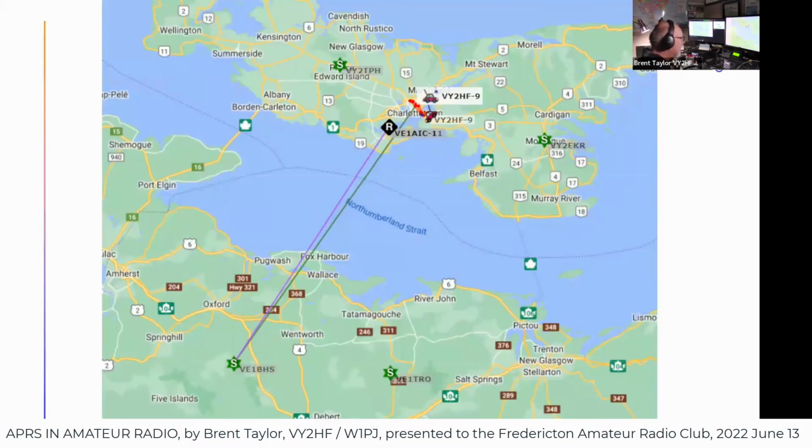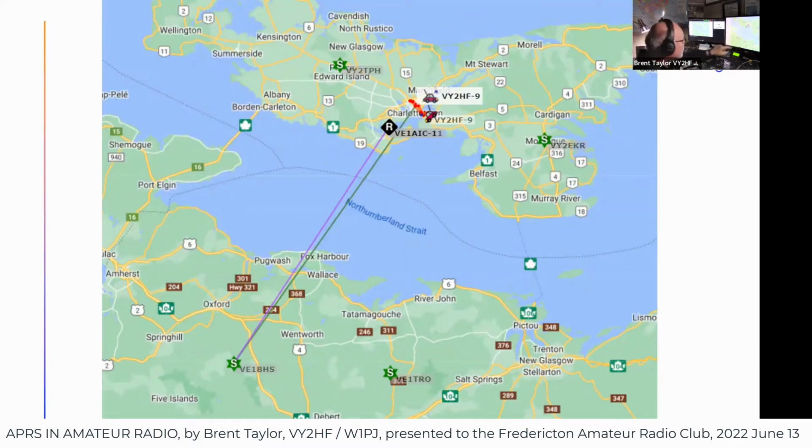So that particular packet went all the way over to VE1BHS, and then way back over to VE1AIC-11, which is Ron McKay's digipeater at his home near Cornwall in Meadowbank. So there it is. The packet went even farther than it really needed to go, but it still went only